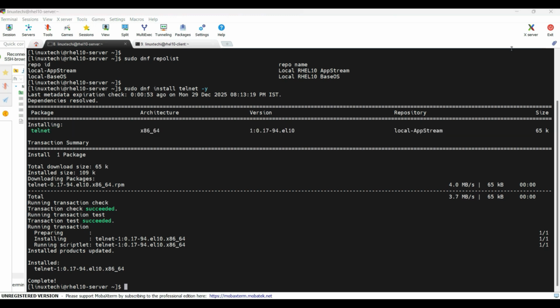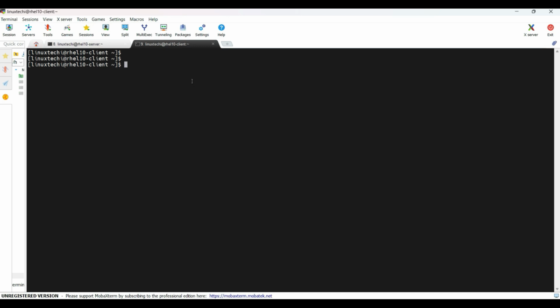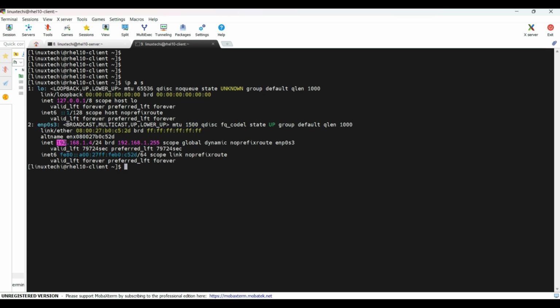Let's try to configure this repository on the client machine as well. I have already taken the SSH session of my RHEL 10 client machine. This is the IP address of my client machine, and you can see this is on the same network. Alright, first we need to unregister from the Red Hat network. For that, we need to run the command sudo